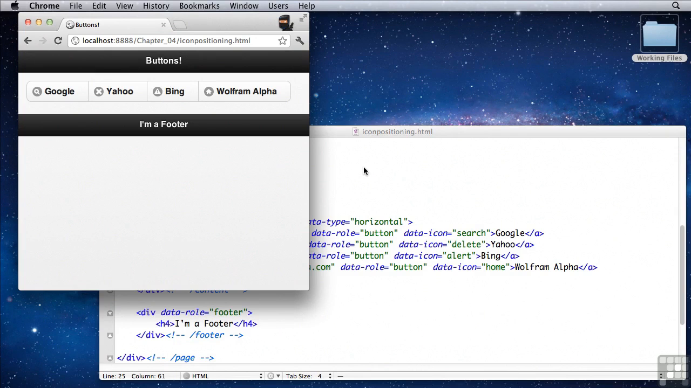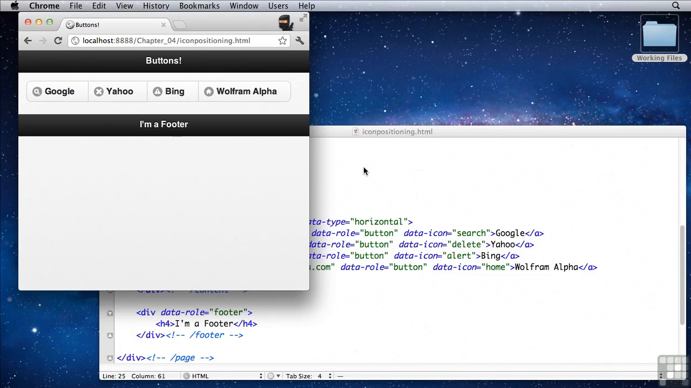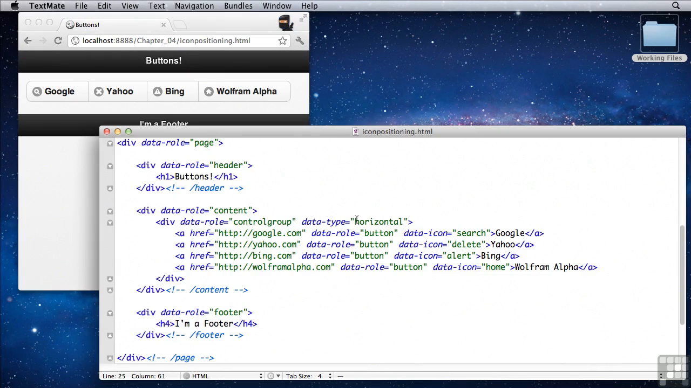In this movie, we're going to be talking about positioning icons within buttons in jQuery Mobile. But as it turns out, you can use the following technique on any element that has an icon, not just buttons. So here we have a control group, data type equals horizontal, that's why it's horizontal, and all of our anchor tags inside. If we want to position the icon for Google in a different position, we can just go